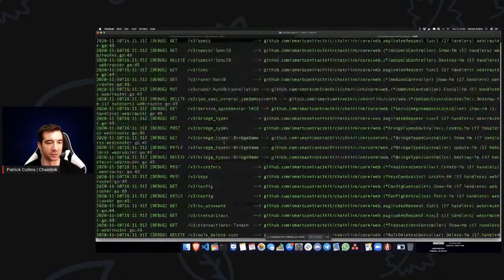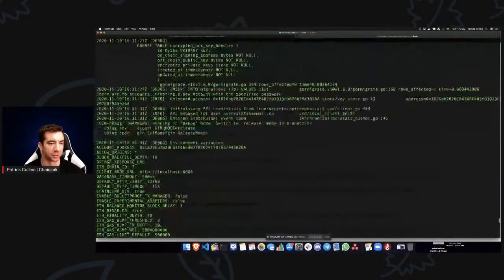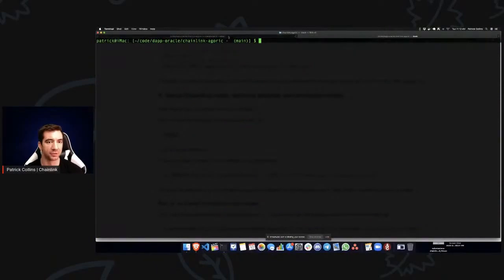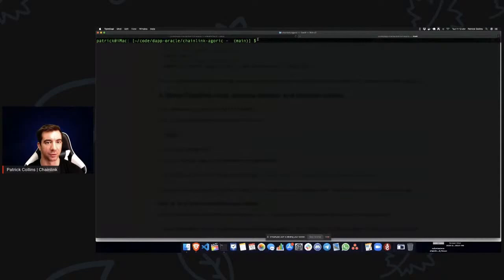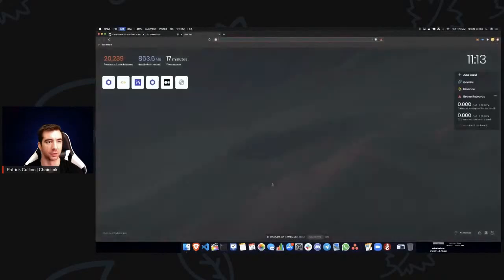And great, we can see that it's spinning up the UI here. It looks like it logged in fine, which is great. Cool. So because of that, at this point we can actually log in to the UI. It's running on here, or this place is ready. So we should be able to log into the UI,